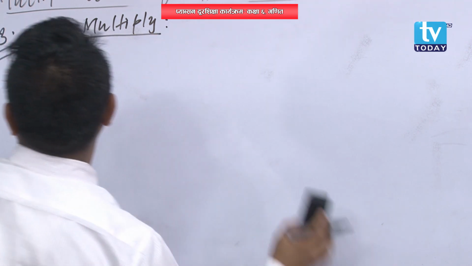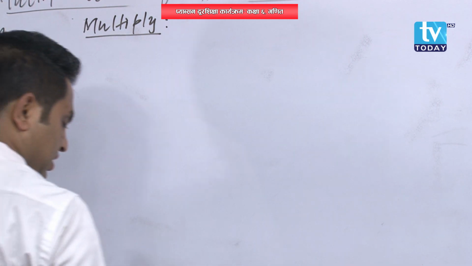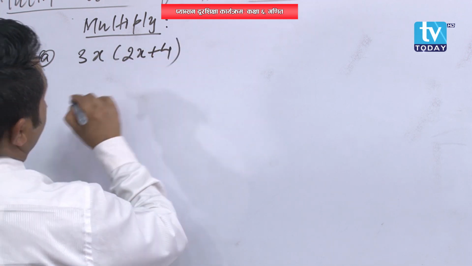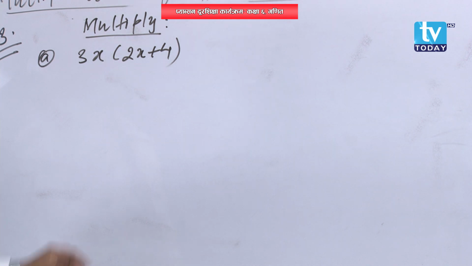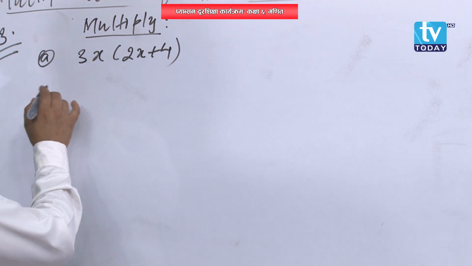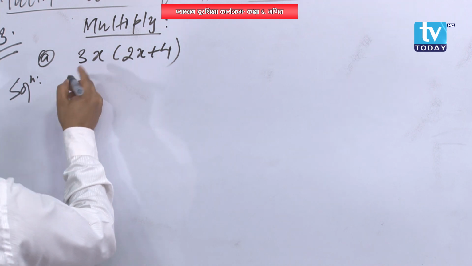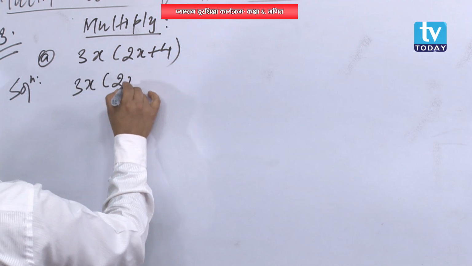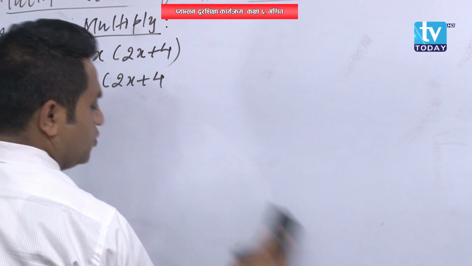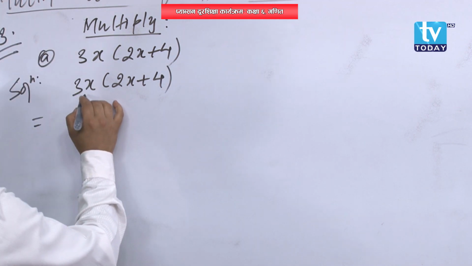Multiply. Question number 3. A. 3x into 2x plus 4. Here, this is a monomial, this is a binomial. Now how to multiply? This is our question: 3x into 2x plus 4 is equal to, first you have to multiply